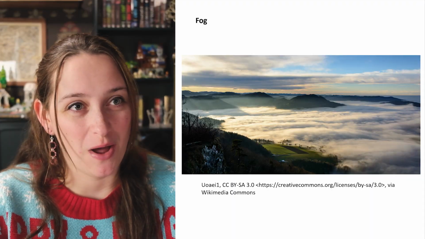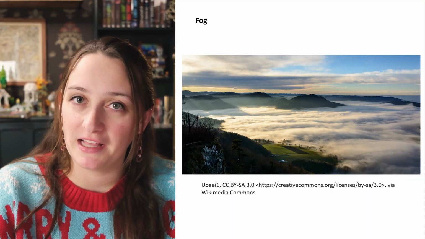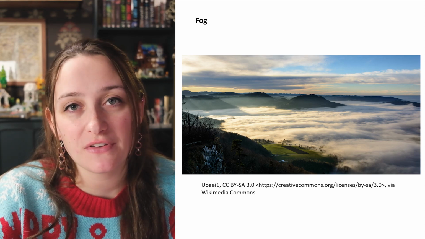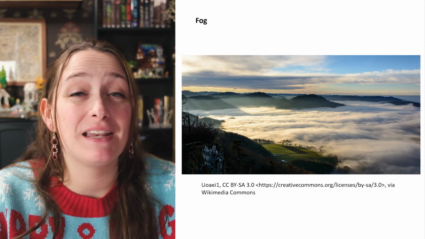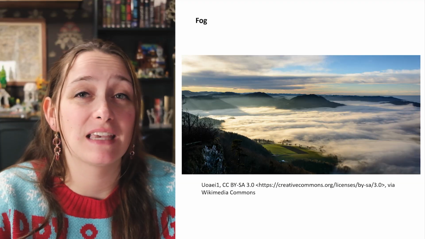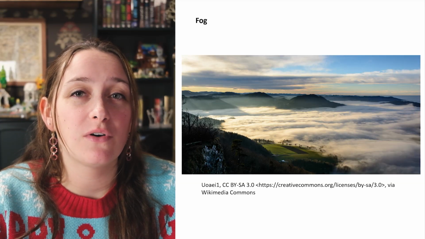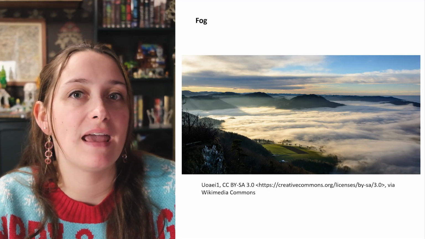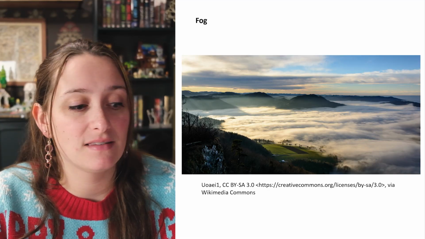All right, so fog. Fog is a bit of a weird one. It's essentially just low-lying clouds, right? And it can occur when air is quickly cooling at the surface and the air is humid. And there are many different types of fog and many ways it can form. But we're only going to focus on some of the most common types and some of the ones that are easiest to map on a global scale like this.